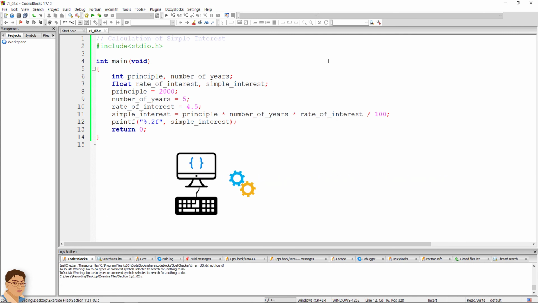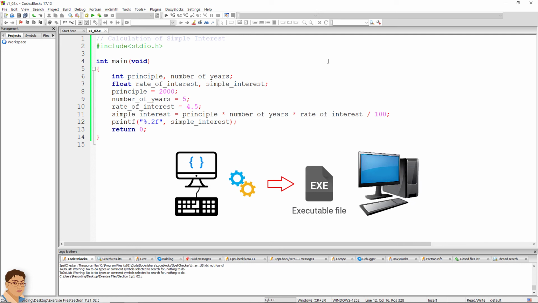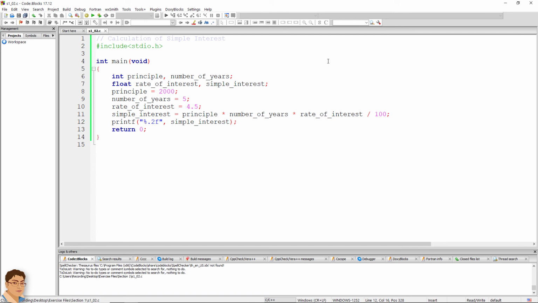Note that on compiling the program, its machine language equivalent is stored as an exe file on the hard disk. This file is called an executable file. If you copy this file to another computer running the same OS, you can execute it there without being required to recompile it. In fact, the other machine need not even have a compiler to be able to execute the file. Let me show you how.